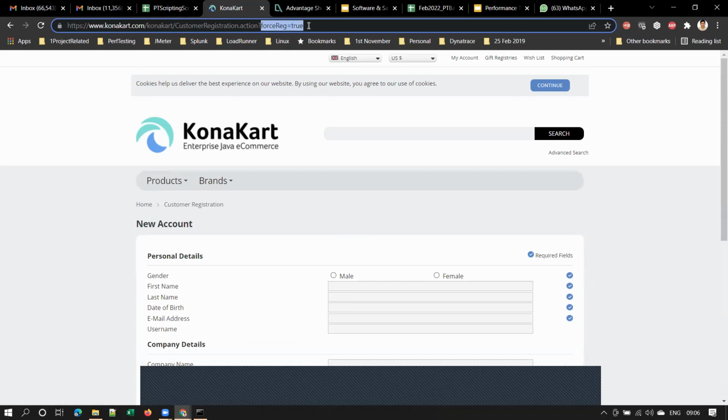This is the resource path and this is the query string. I explained these terms also. In a query string, we have name and value pairs, or key value pairs. This is the key name, this is the value.